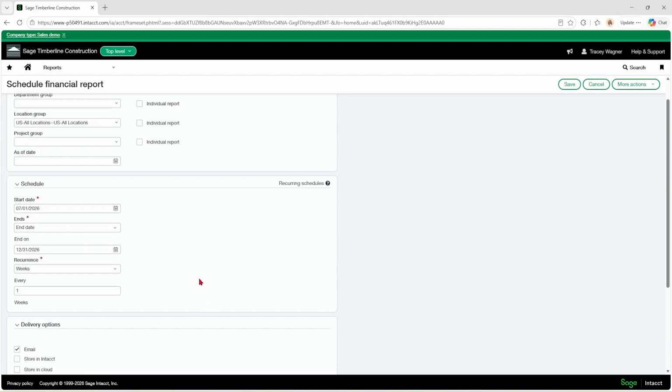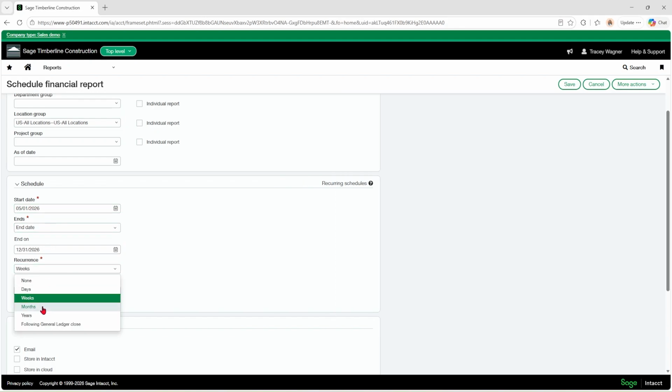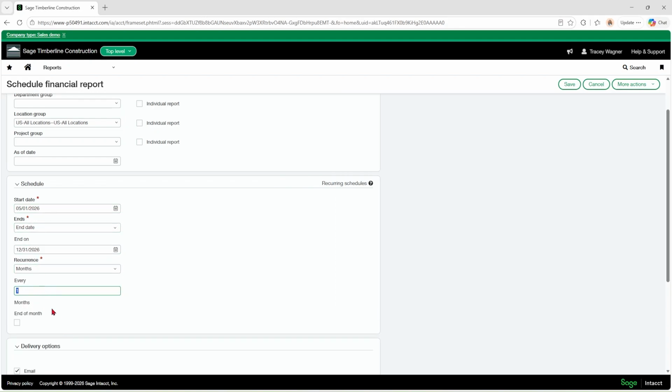Now, I will say one good thing, sometimes I like to test the report to see what it's going to look like before I set it up to maybe be scheduled to email to 15 different people. So if you want to do that, you can backdate this to, let's say, 5/1. So this is almost 2 months ago. And instead of doing weeks, I'm just going to do months, once a month.